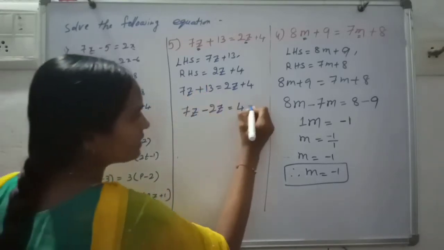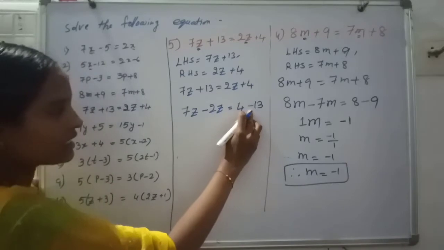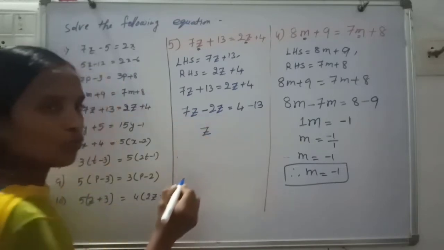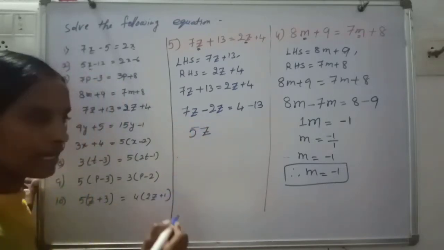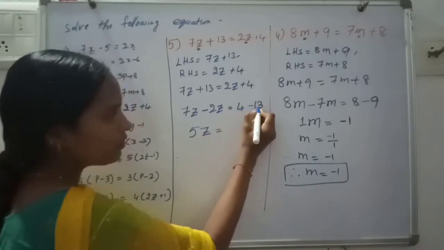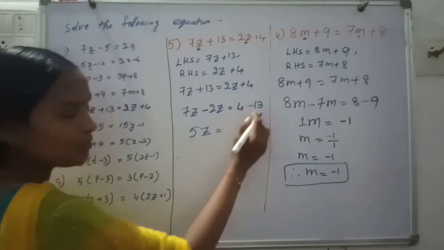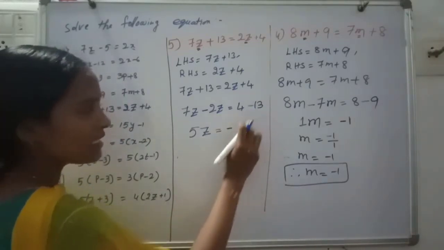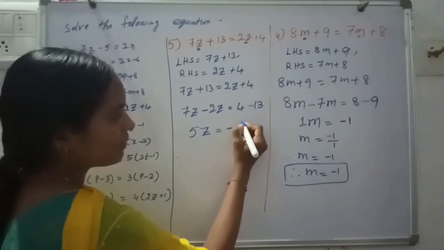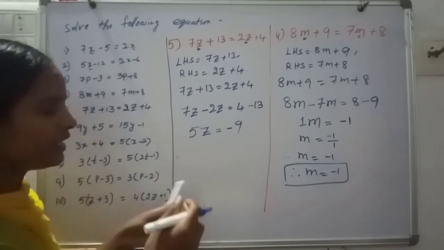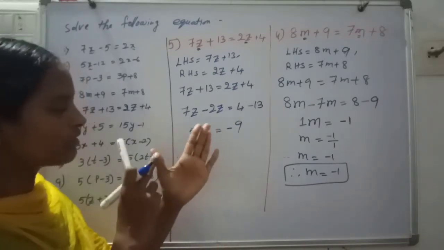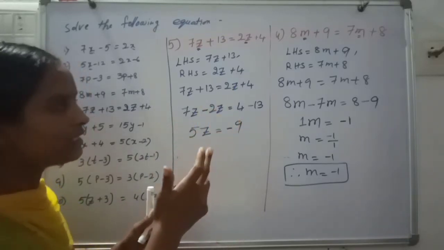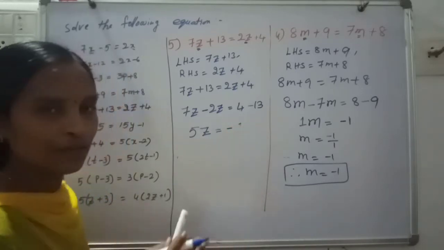here minus 13, plus replaced with minus. Okay, 7z, here z. Okay, now let's see here 7 minus 2. What is this value? Value of 5 equal to here 4, here 13. 4 minus 13. Here the biggest one has the minus. That's why I am keeping here minus. 4 minus 13, what value is coming? Value is 9. 4, after counting 5, 6, 7, 8, 9, 10, 11, 12, 13. It is the value of 9.